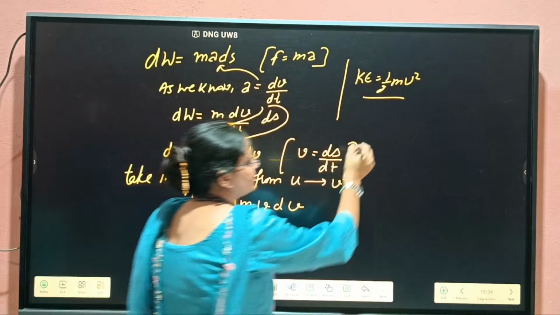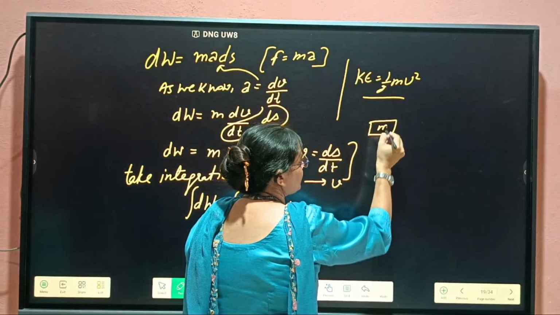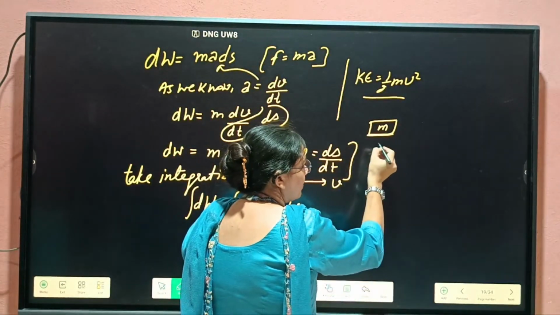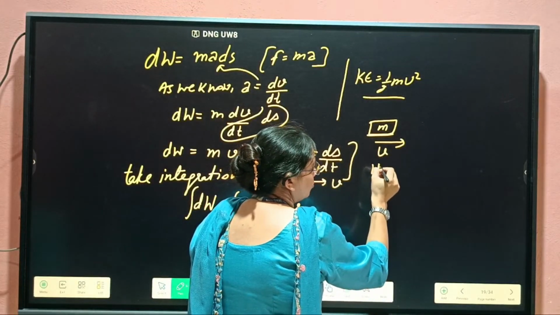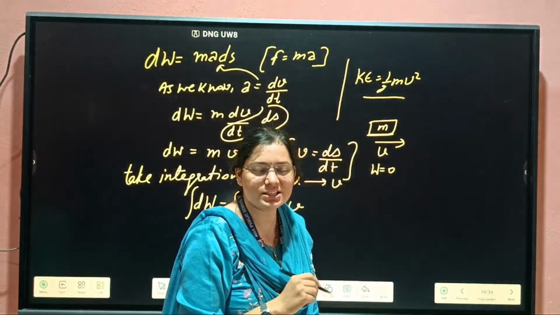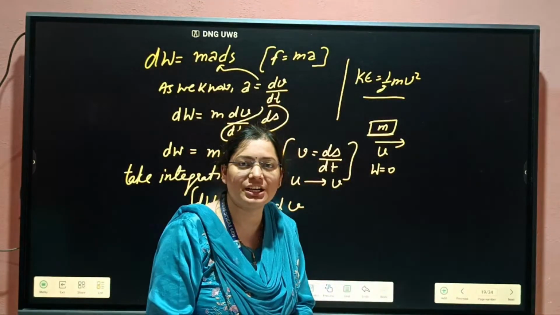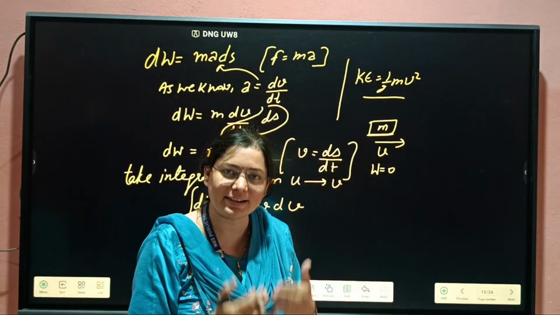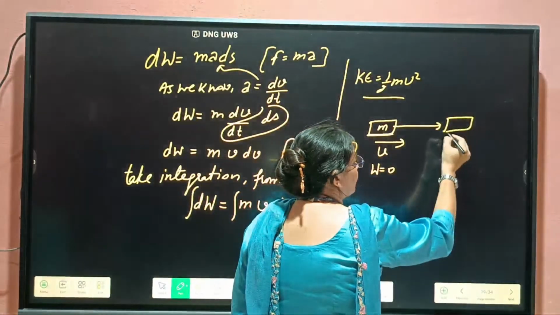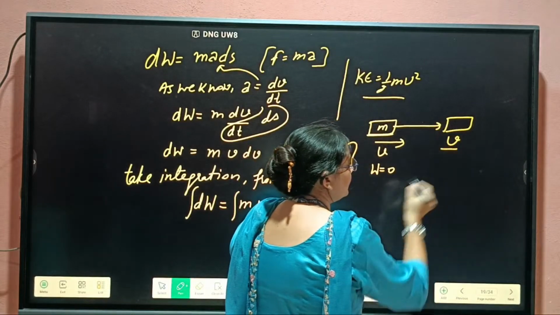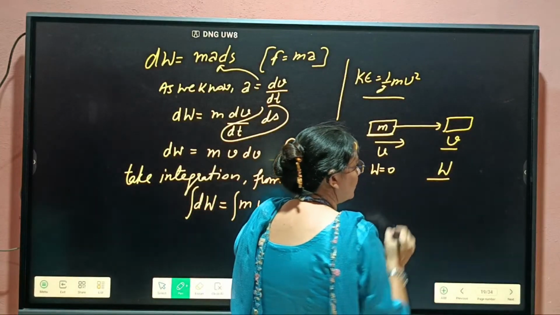Initially the body is at rest. I told you, beta, initially when the mass is at rest, or moving with some velocity u only, then the work done will be equal to 0 only. Okay, with respect to whichever quantity you do the differentiation or integration, we will put the limit of that quantity only. Okay, after some time its velocity becomes v only, then the work done becomes total W by